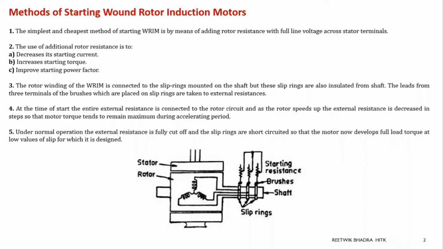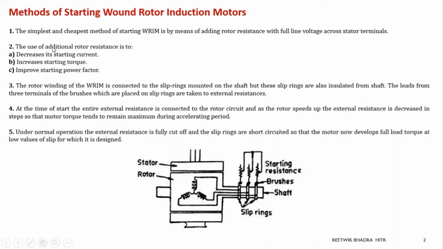Now slowly, as the induction motor moves into the running condition, we'll cut off each resistance step by step. So first resistance is cut out, then how many resistances will be there? 4 resistances. Because of that, somewhat the current will increase. Then next we'll cut out the next one, and the speed is increased. Then we'll cut out the second resistance. Now 3 resistances will be there, so the current will slowly increase, and at full load or running condition, the current will achieve full load current. So that is how we can do these things.